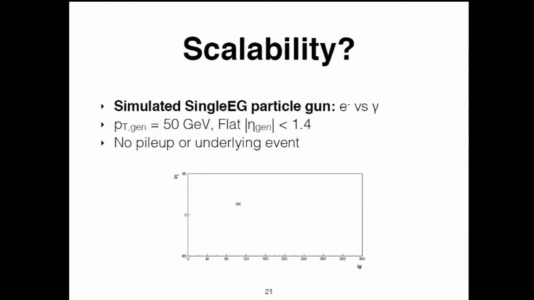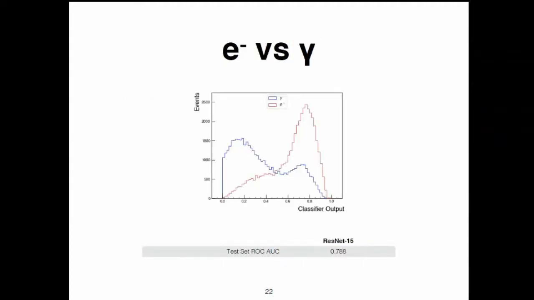Okay, and this is an example of a typical image. The score we get is 0.788, which you'd want to compare to 0.807. So it's not a huge hit, but from this study, it's hard to make a case that event classification will work best when just looking at the single shower, right?